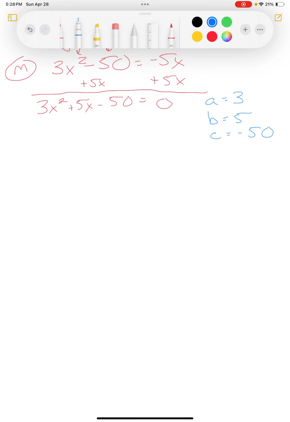Now, to do the quadratic, we're first going to do that negative b over 2a, or the opposite of b over 2a. So we've got a negative, and then my b value is 5, and 2 times a, which is 3, which equals negative 5 over 6. Now that's a decimal, obviously, but we're going to leave it as that and just hold on that for a second. I've got my first part. Now, let's shift gears